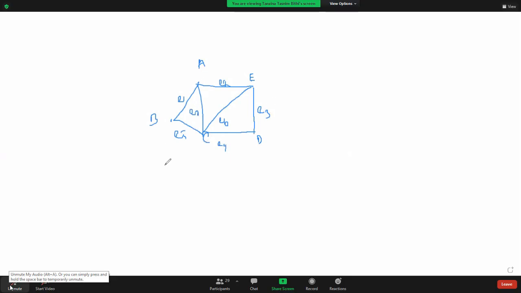And here in this graph, is there any edge or is there any node? Suppose these are 2 nodes, A and B. So how many edges are there between A and B? Only 1 edge. And look at these 2 nodes, A and E. How many edges are there between these 2 nodes A and E? Only 1 edge, right? So in this graph, you can see that between any 2 nodes, the number of edges is only 1. Isn't it? Yes, ma'am. Okay.